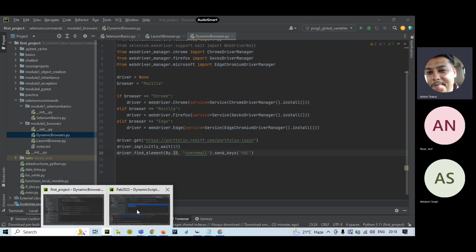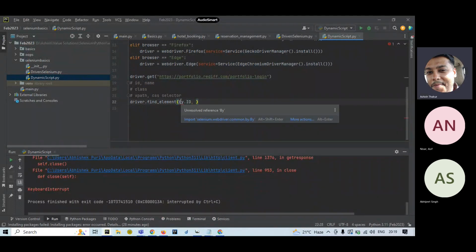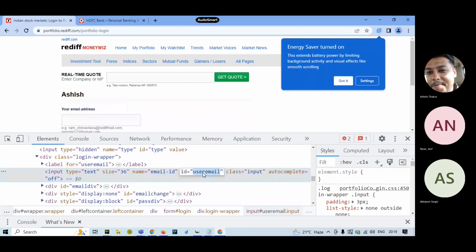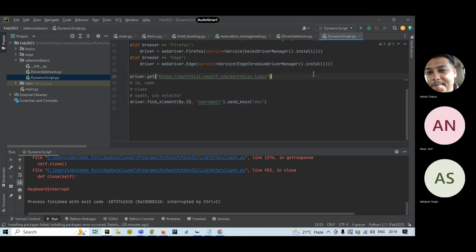So what you need to do is write By dot ID, and you can import the By class. You move the mouse over there, it will import it. And you can mention the ID of the text field over here. The ID is this. Dot send keys means you type, that is, find the element and then fire the send keys function on it. With the help of send keys, you will be able to type something in the element. If I type ABC and run this,